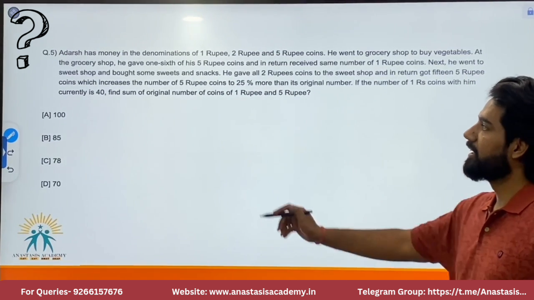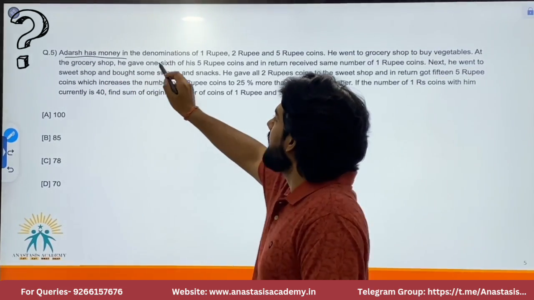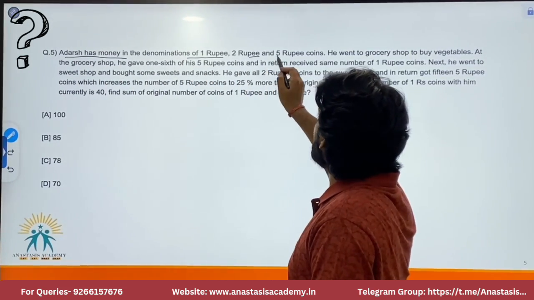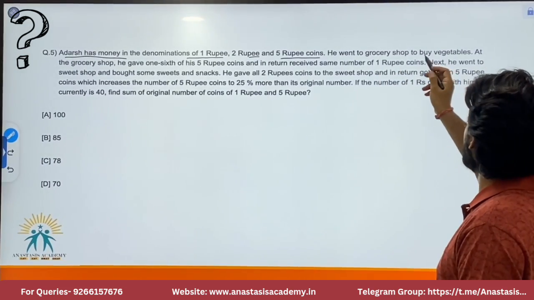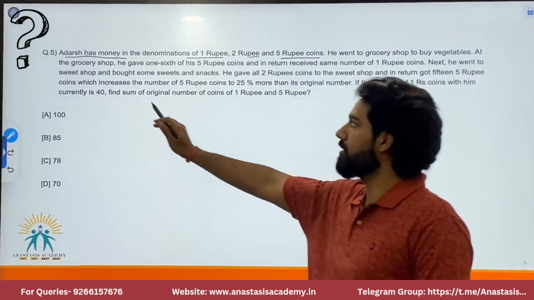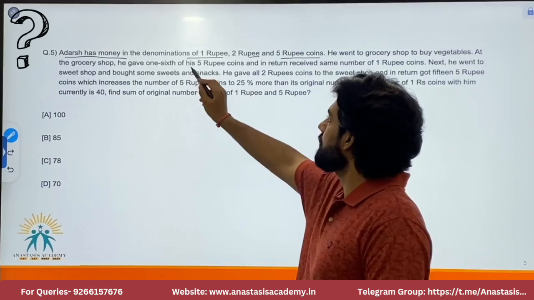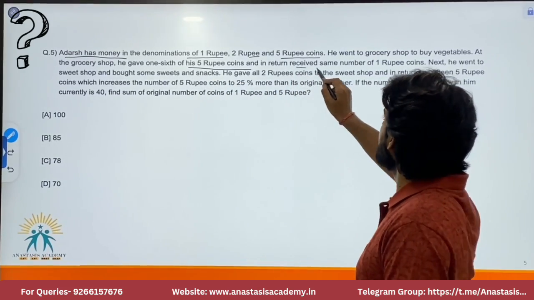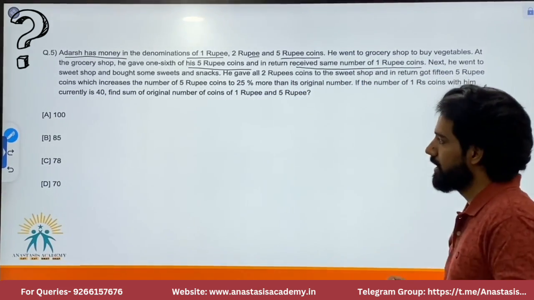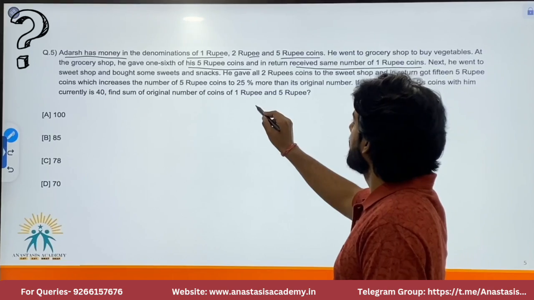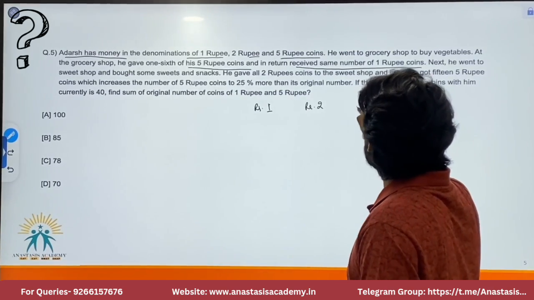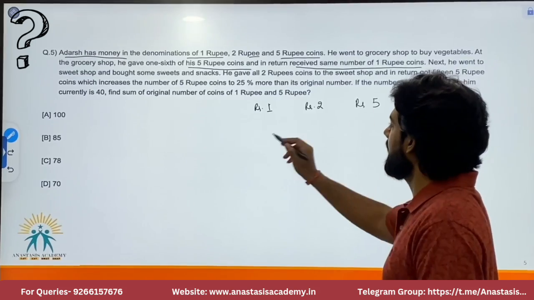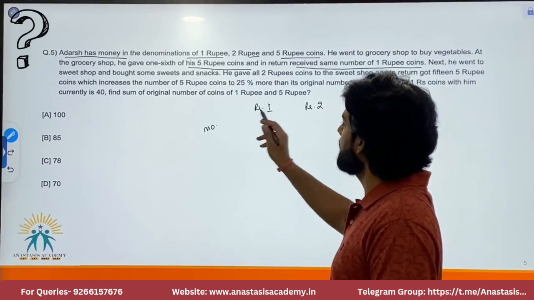Next question. Others has money in the denominations of 1 rupee, 2 rupee, and 5 rupee coins. He went to grocery shop to buy vegetables. At the grocery shop, he gave 1/6 of 5 rupee coins and in return received the same number of 1 rupee coins. So let's first assume 1 rupee coins, 2 rupee coins, and 5 rupee coins as I'm assuming Others